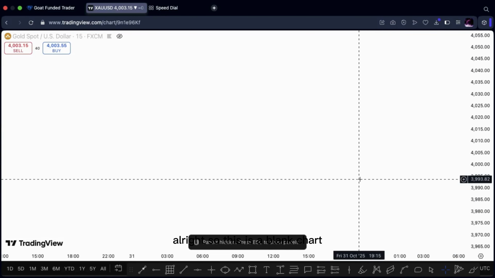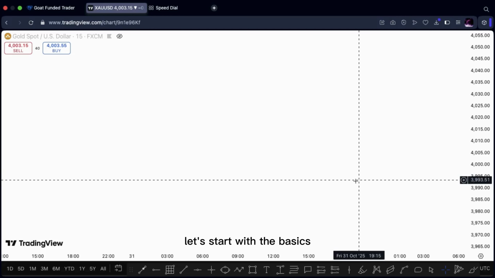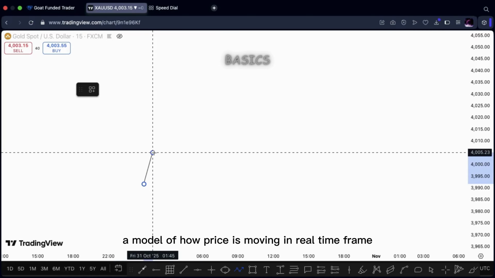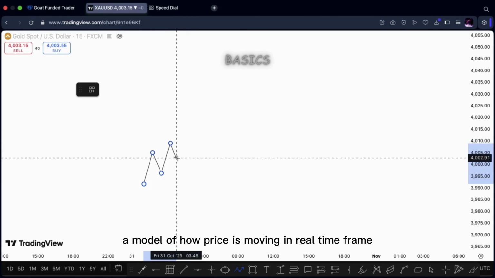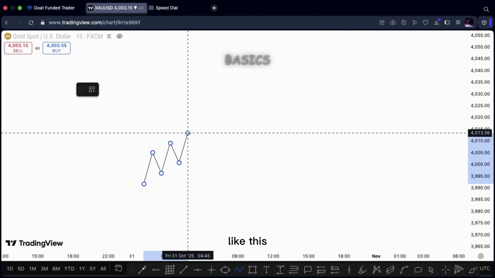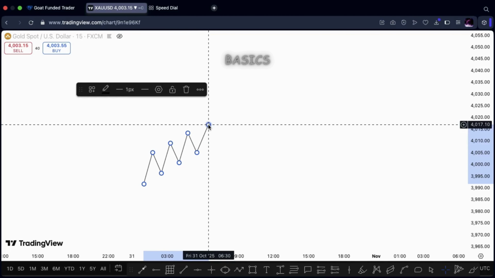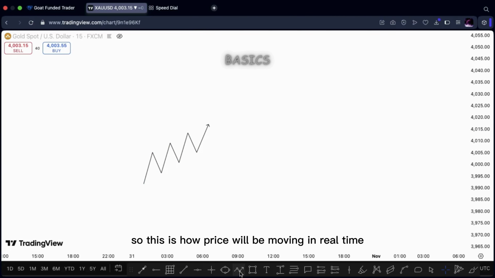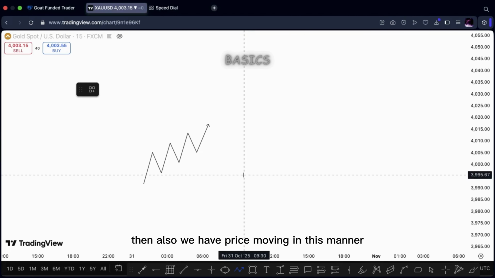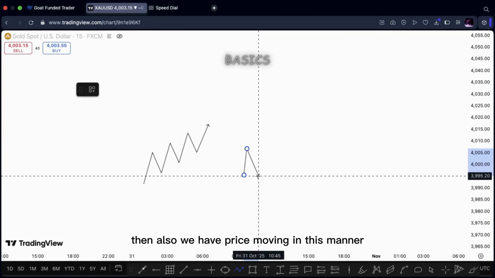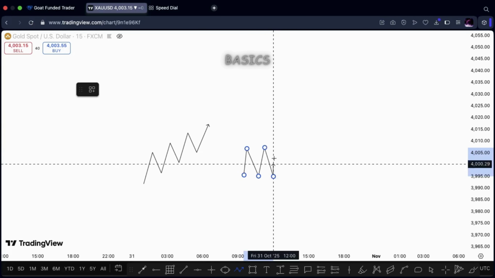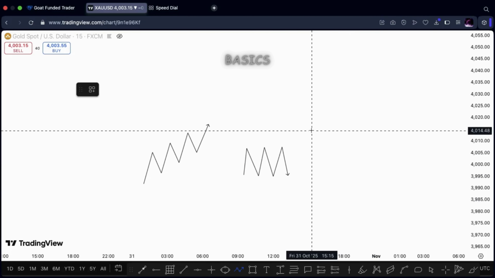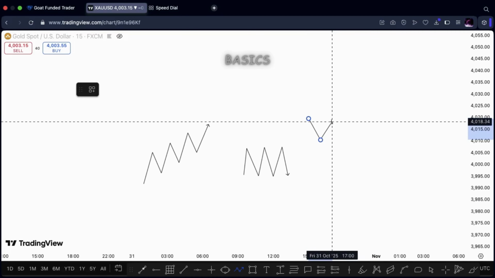Alright, so this is a blank chart. Let's start with the basics. What we have is a model of how price is moving in real time, like this. So this is how price will be moving in real time. That is one model. Then also we have price moving in this manner. That is also another model. Then also we have price moving in this sort of